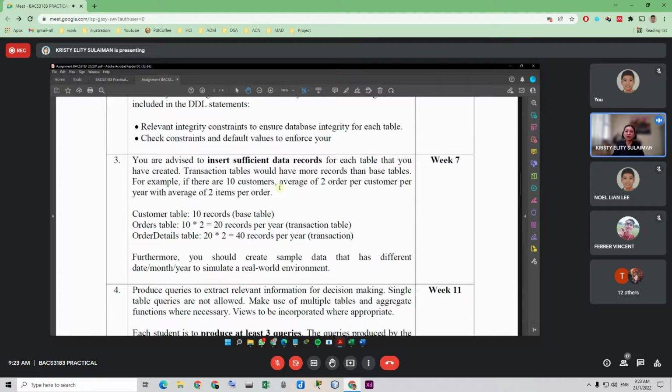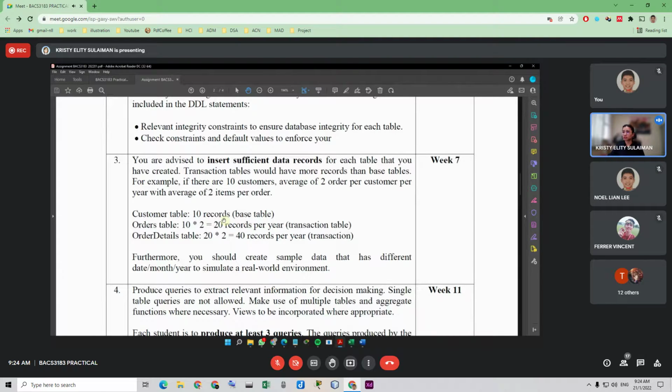Depending on your business, depending on the topic that you have selected, if there are 10 customers in your base table, you need to have 2 orders per customer and also 2 items per order. The order is per year.